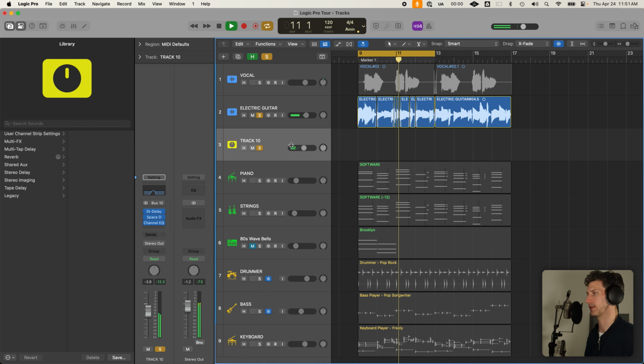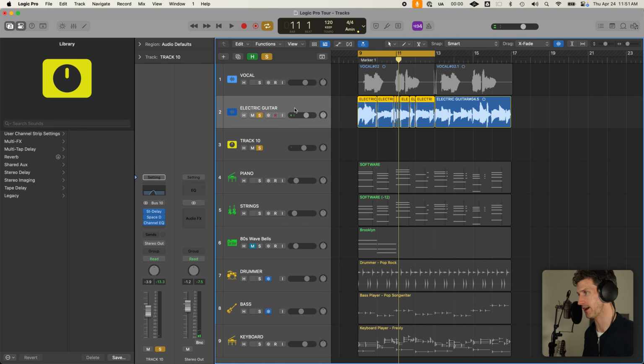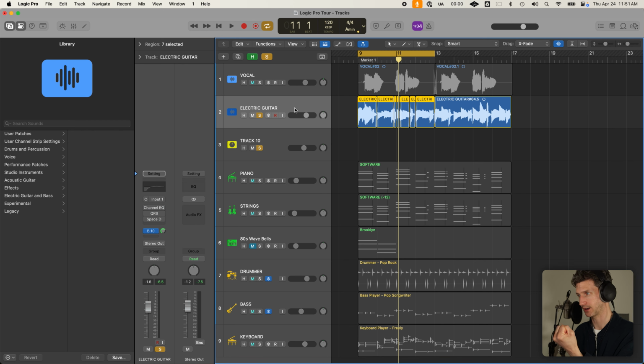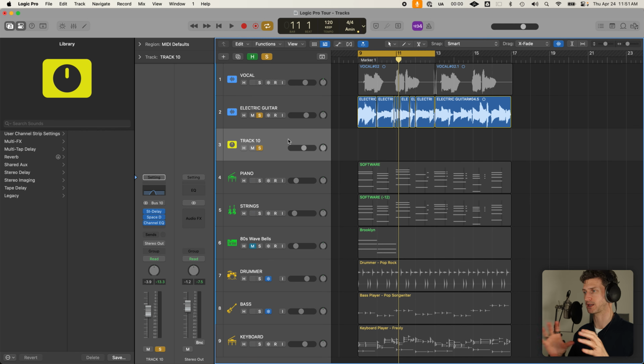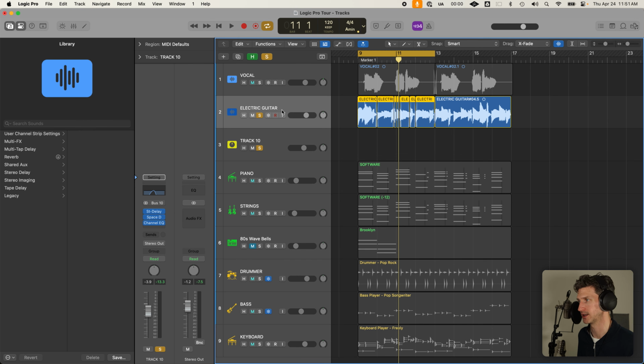And so that's really cool, because we have the dry, nice electric guitar, but we also have this new track 10, where we can mix in tastefully to that guitar. It goes even further, and we really dive more into this in the intermediate one. But the thing is, because we've created this fork and we've created this send on the electric guitar